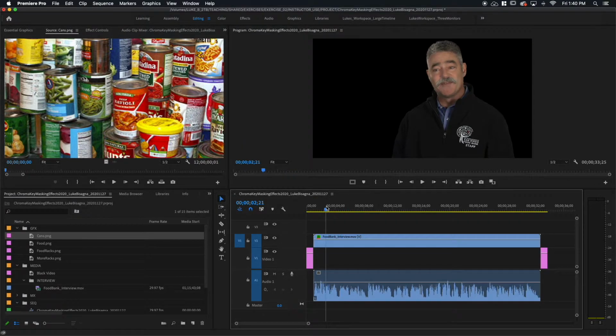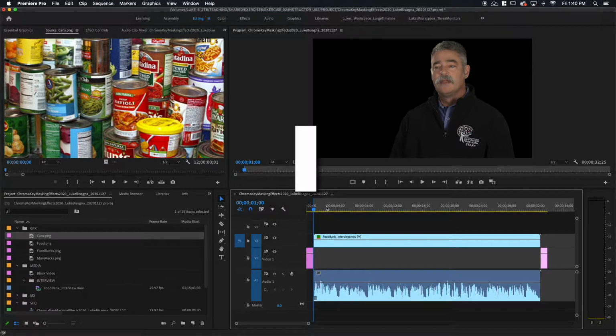And I'm going to go back to the beginning of where I want to fill, mark an in, I for in, and now I want to advance my playhead enough so that I can get exactly 8 seconds in between my in and out. Well, I'm at 1 second right now. So I think intuitively we would think, well, I need 8 seconds. I'll go to second number 9. 9 minus 1 is 8. Well, what you'll get if you do that is actually 8 seconds and 1 frame, because you have to count the frame that you're on. So what you really want to do is go to 8 seconds and 29 frames and mark it out there.